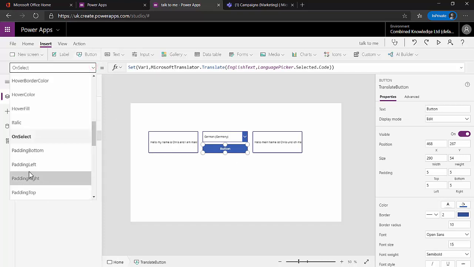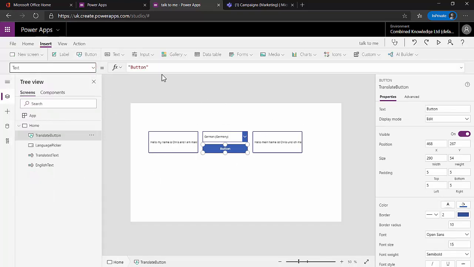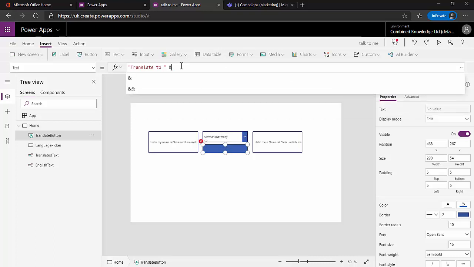I think you'll agree. So let's change the text of that button from button to translate to, space. What I want to do is translate to and then the language that's selected. Now, one of the things that you need to do is, if you've got text, it's normally in quote marks. If you want that text to sit alongside a formula, then you'll need to concatenate. Concatenate is an ampersand character, and it just means that we can bring values together, such as static text and information in other controls. So I'm going to say we translate to, then we're going to refer to our people